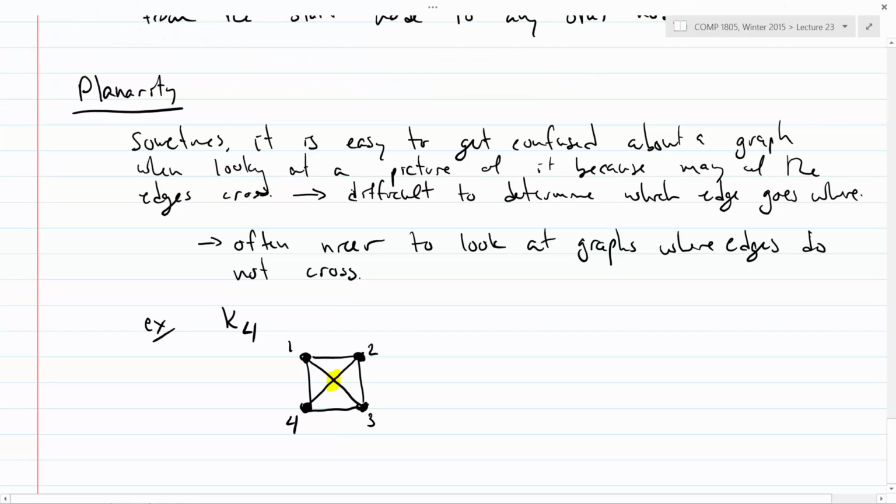And crossings are bad. One possible reason is maybe now it looks like there's a vertex in the center, but there's not. It's just because 2 edges are crossing. There's not actually a vertex there. But in general, it's just confusing. So we ask ourselves, is there another better way of visualizing this? And in fact, there is.